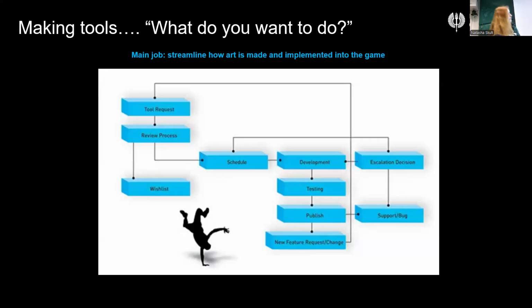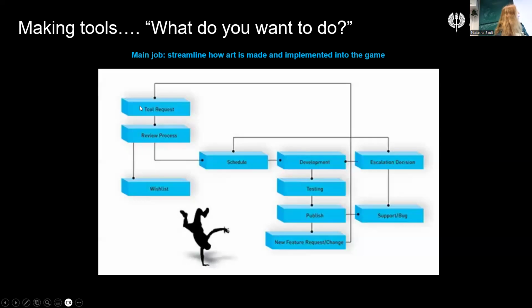So usually it goes like this: we are developing and we need something new. Obviously there is a tool request which will speed something up, especially if we want to keep up with the schedule.